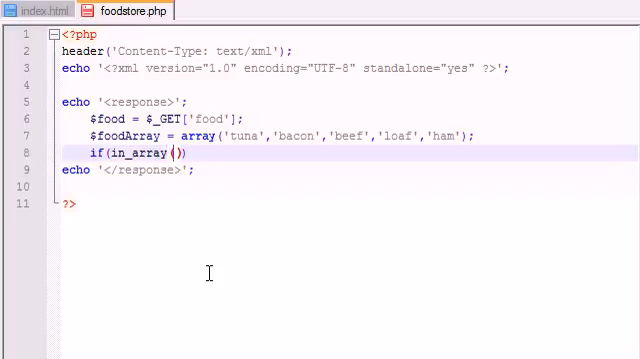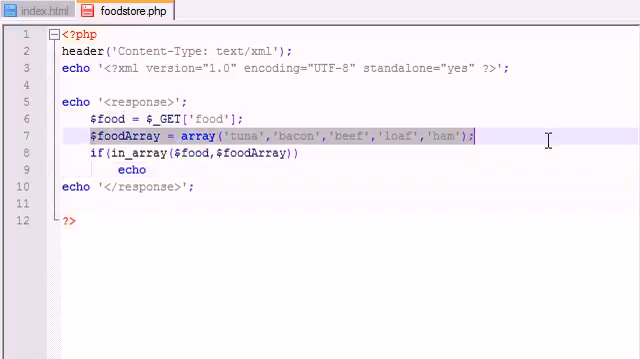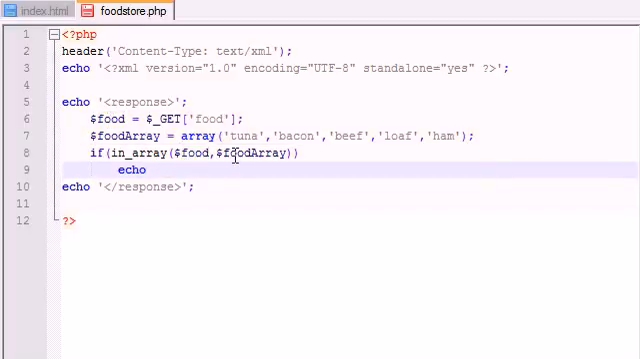And it takes two parameters, of course. What variable do you want to check for? And what is the name of your array? I'm just going to copy this because I'm lazy. Alright, so basically, if the food that they entered is in this list, what do we want to do? Well, we're just going to echo out,